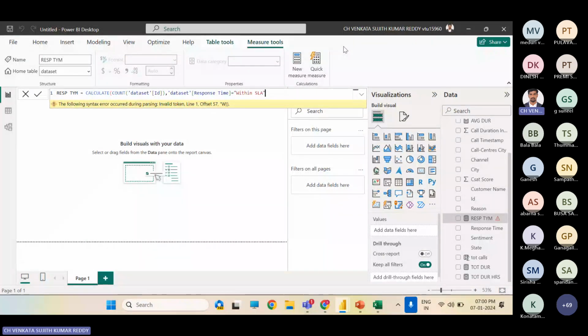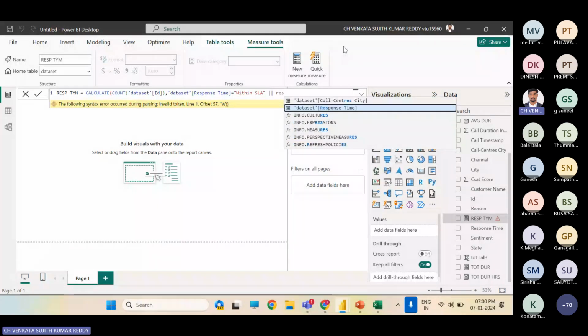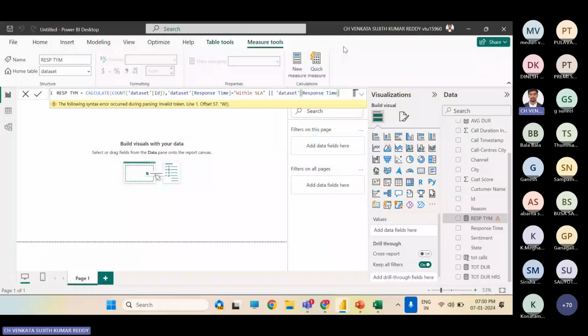In SLA, what we have, the same response time equal to, in quotation marks.